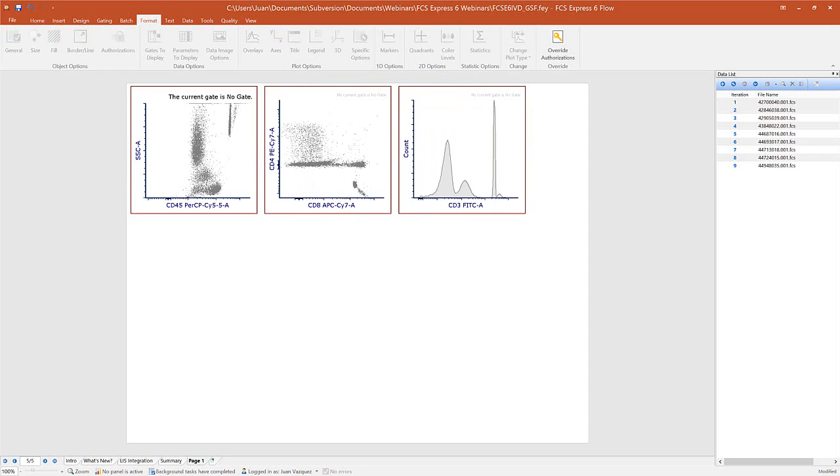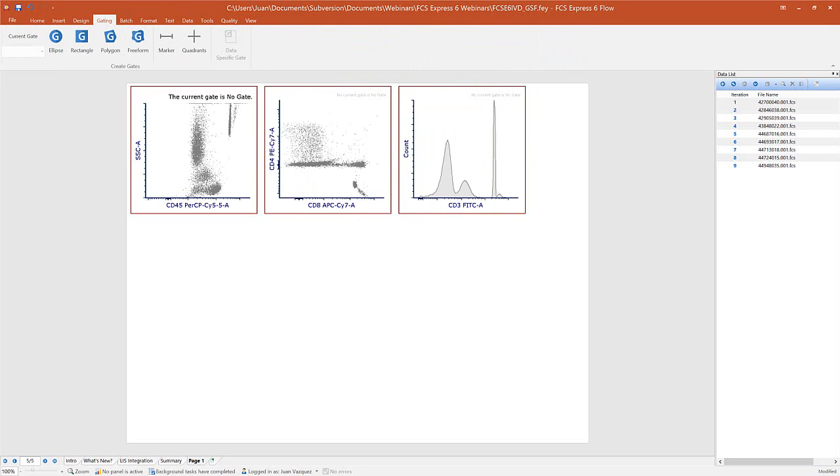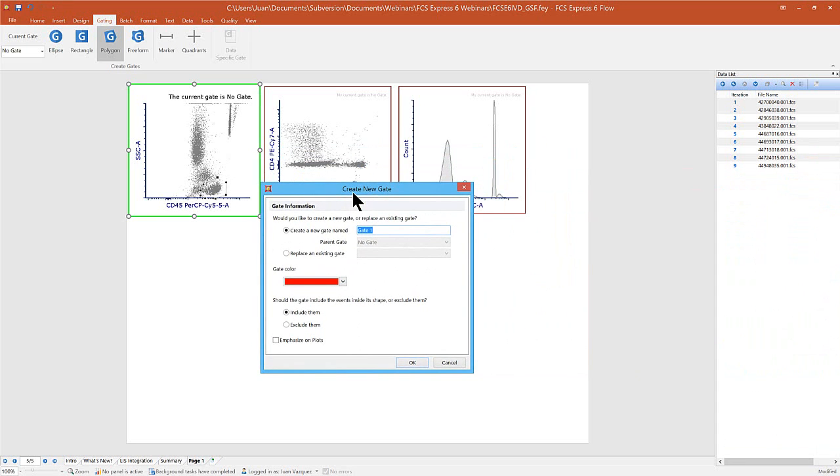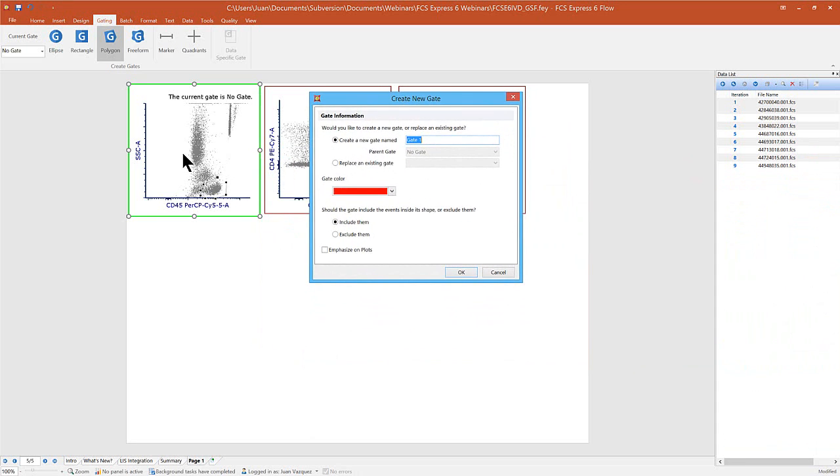Okay. So now how do we create gates? So you'll see that there's a gating tab. So yeah, you guessed it. We'll simply select a gating tool from our gating tab, like a polygon gate, and then we'll simply gate around our cells of interest. Okay. So with the polygon gate, each click of the mouse is going to give us a different vertex on that gate. And once we close that gate, we'll be presented with this Create New Gate window, where in this window I can